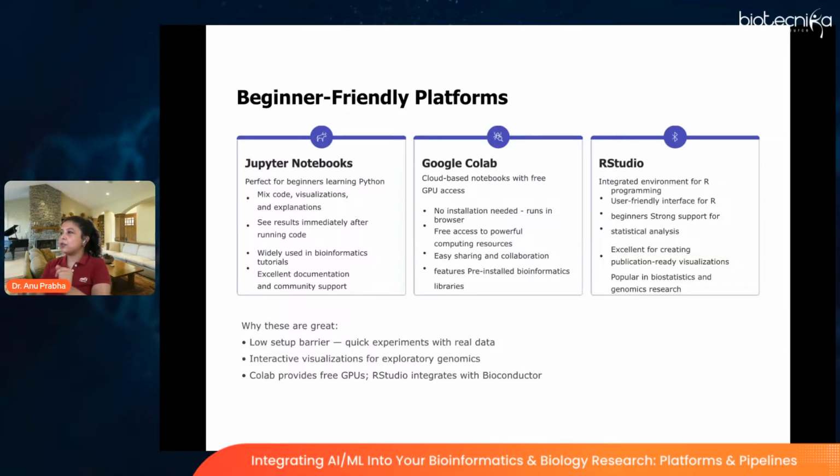You can quickly do some experiments, run some real data, and sort of design an experiment and actually go through the entire process of what I want to do. Am I able to do it or not? Am I able to create a model? Am I able to validate that model? So on and so forth.